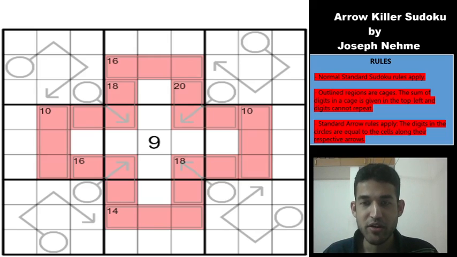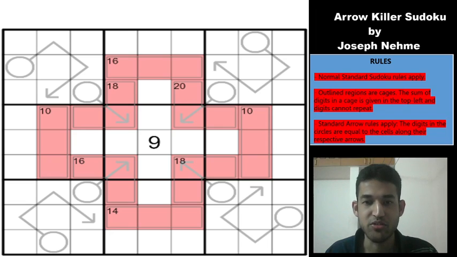Today's video will be on an arrow killer Sudoku variant created by Joseph Nehme. This Sudoku was posted by Joseph on the Logic Masters Germany portal and it is rated an unbelievable 100% on the portal, guys. Which means that a majority of solvers who have solved this Sudoku have absolutely loved the solve path and the idea in this Sudoku. So we are happy to make a video on this Sudoku and thanks Joseph for allowing us to create a